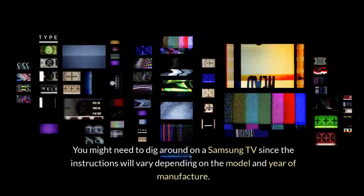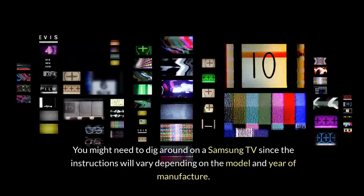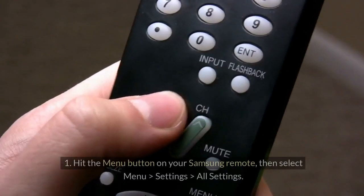Disable data tracking on Samsung Tizen TVs. You might need to dig around on a Samsung TV since the instructions will vary depending on the model and year of manufacture. The steps below should be used as a rough guide to help you find your way. For newer Samsung TVs: